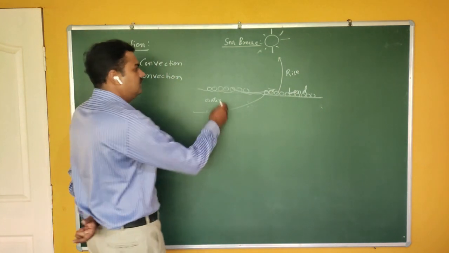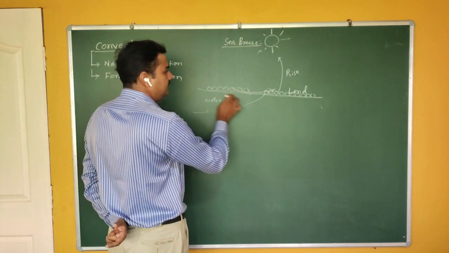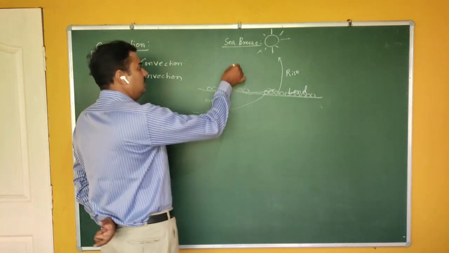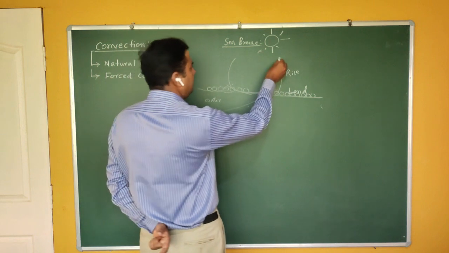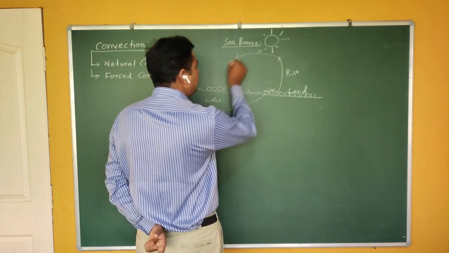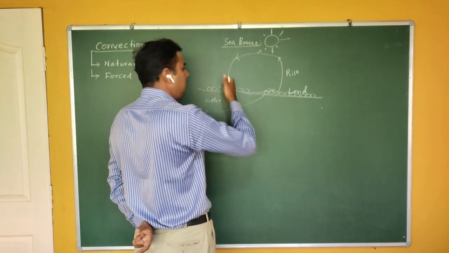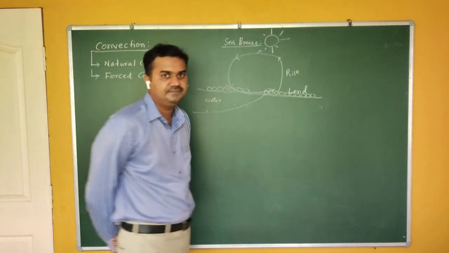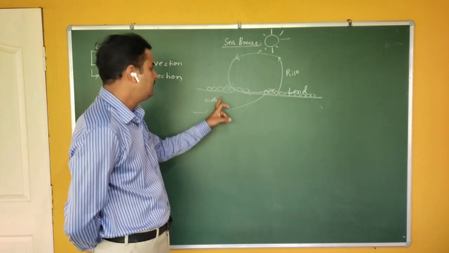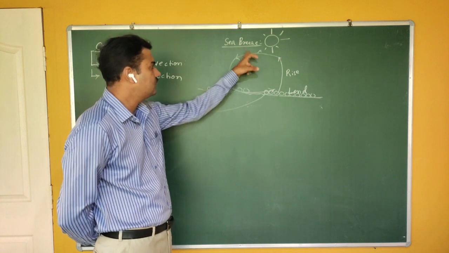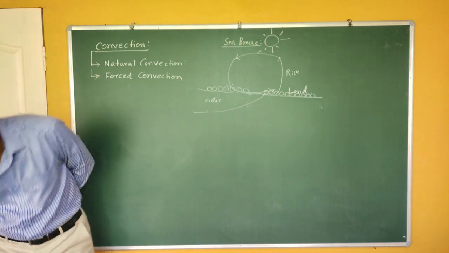So this process continues. Again, this part is moving here. Therefore, the molecules which are present at the top come to the bottom. As you can see, this part comes here, so one cycle is completed. This part goes here, this part comes here, and so a cycle takes place. Again, when these molecules come here, the same phenomenon takes place. As you're getting the cool air from the water, it is called sea breeze. Are you getting me? So this is called sea breeze.